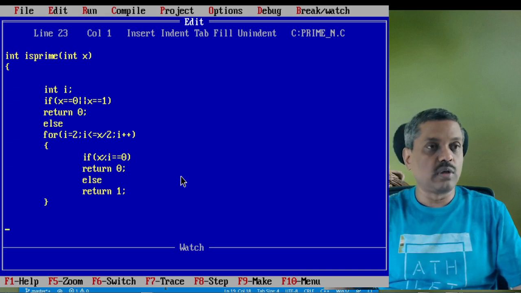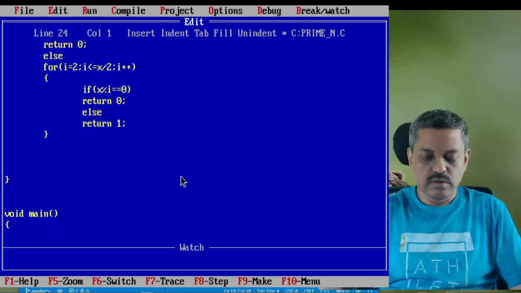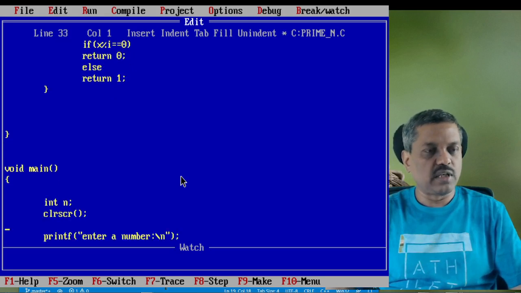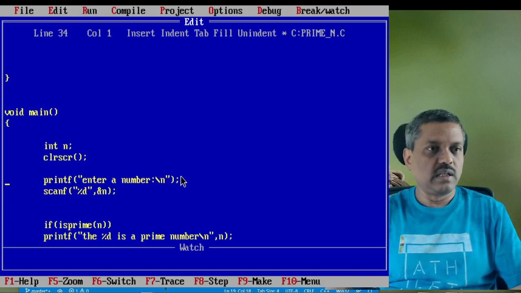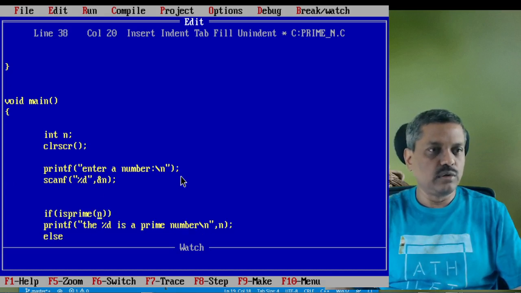So it can handle much more than simply integer, that we can actually define. And anyway, so you see here, a normal program starts with a void main, and then I'm declaring n as an integer to store the number entered through the keyboard. And clear screen is only for us from the user's perspective. And I'm indicating with enter a number as the statement to alert the user to enter a number, and then reading through the scanf function, storing it into the location called n in the memory, and then I am passing it to the function.